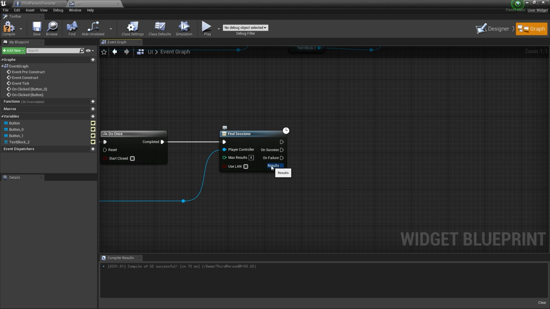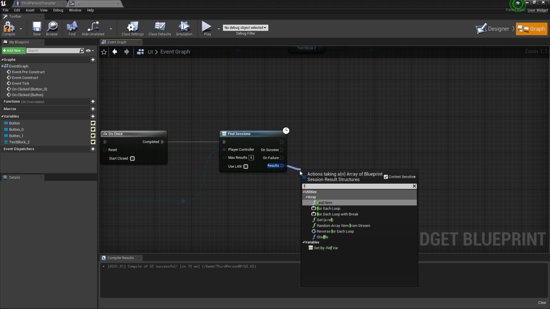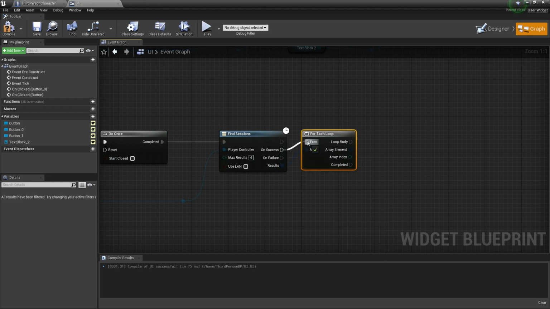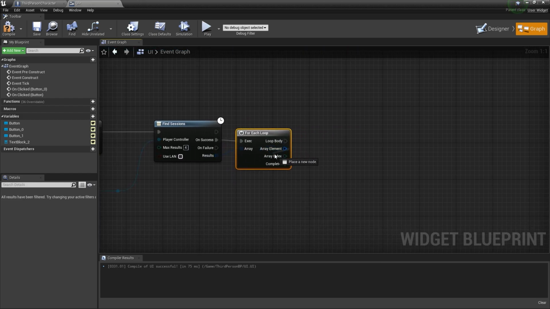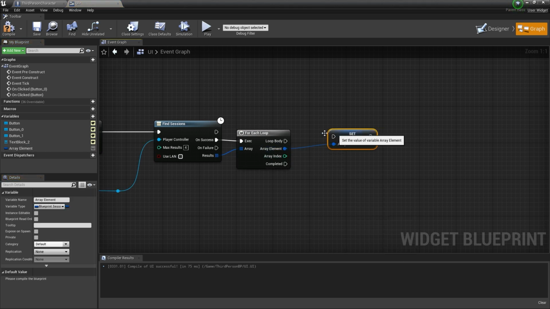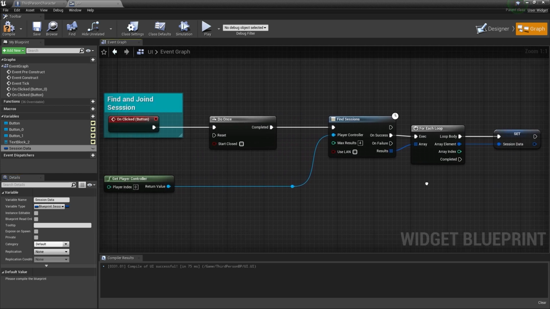Then from this Results, use a For Each Loop. From the For Each Loop, connect with our success, and then we have the element of the server data. Because we have the server data, let's promote it to a variable and name it Session Data. Okay, we now have the session data.